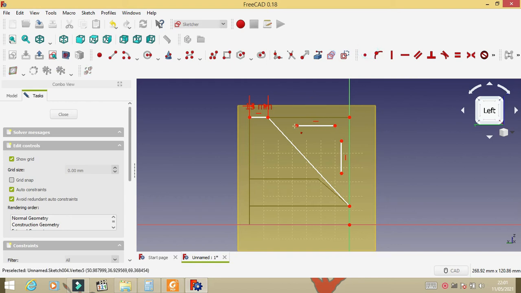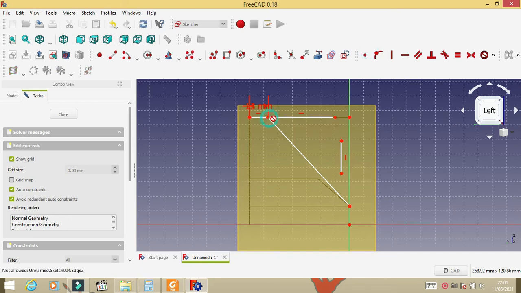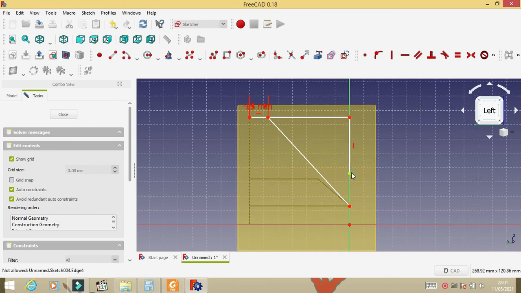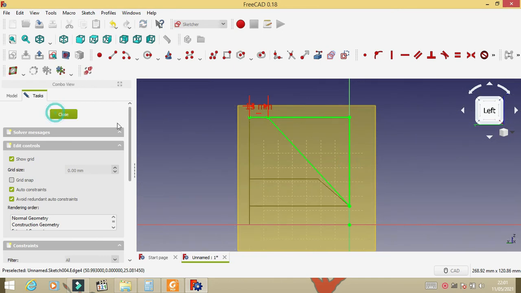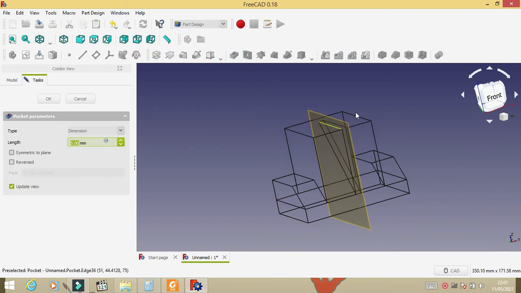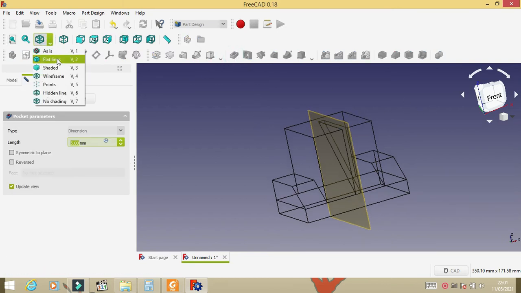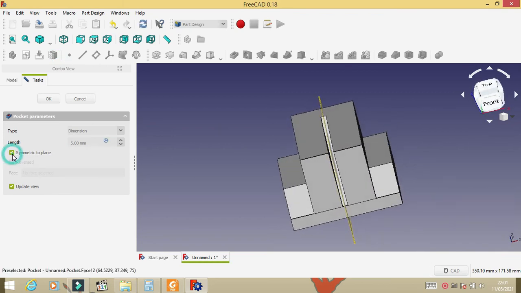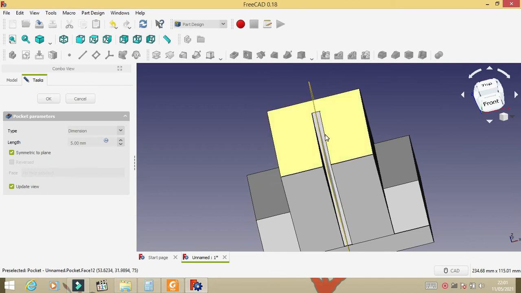No, we can just use coincident point. Yeah, this connected sketch, we can check it. Good job, my friend.